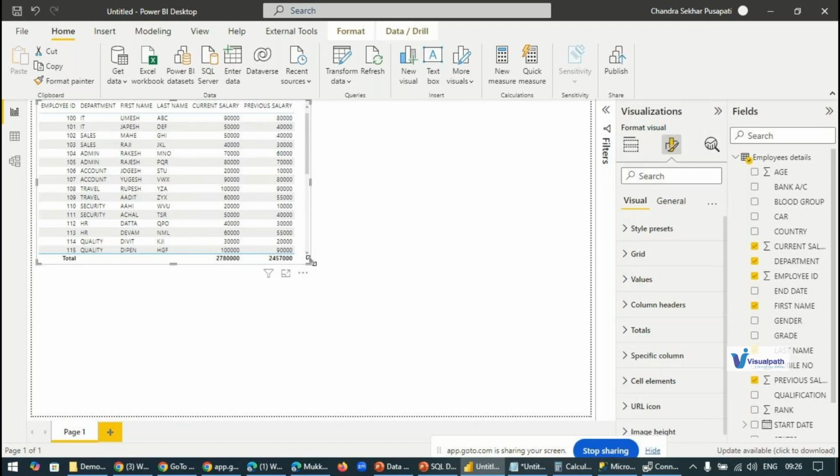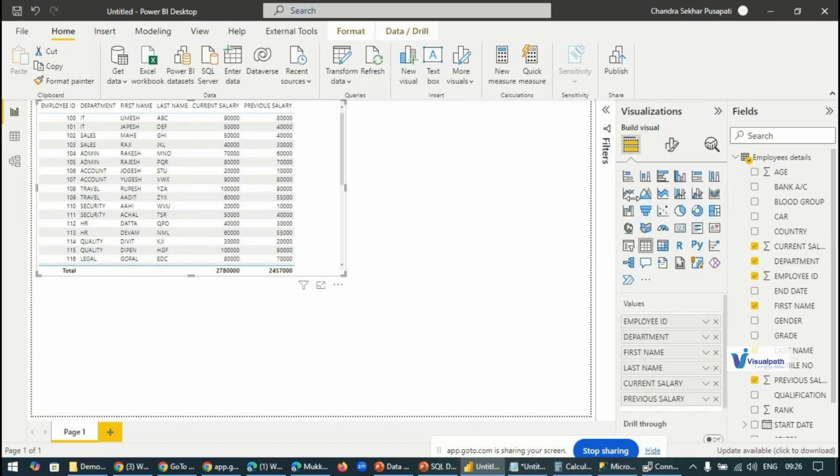A table, you have seen in Excel also, right? You add a list of columns and the data below. I am telling you this is the best report and compulsory for every project. Even though we have a lot of interesting graphics, without a table report there is no project even today. It is the simplest but compulsory in every project. A table report just shows the data of the table as it is.